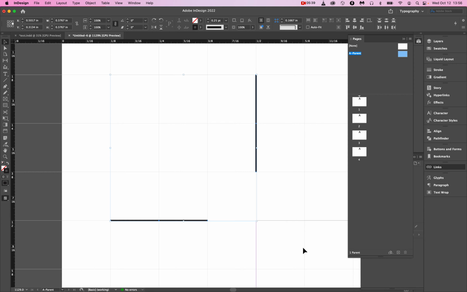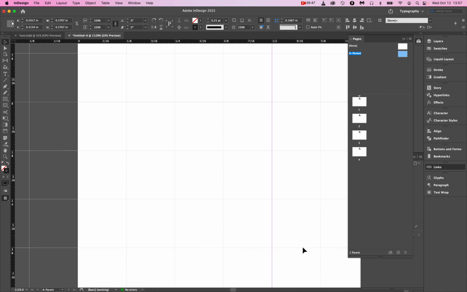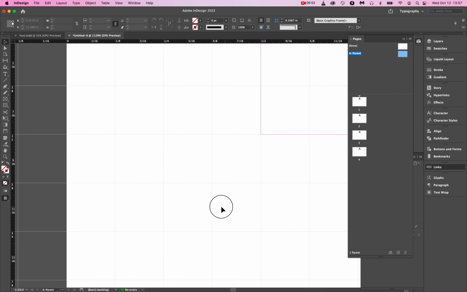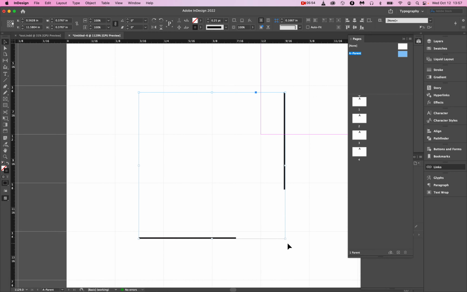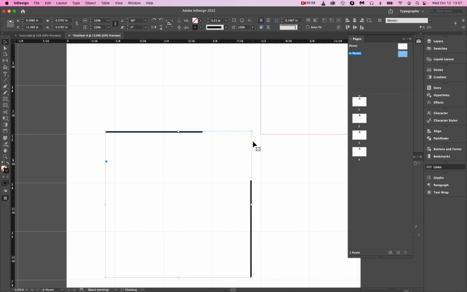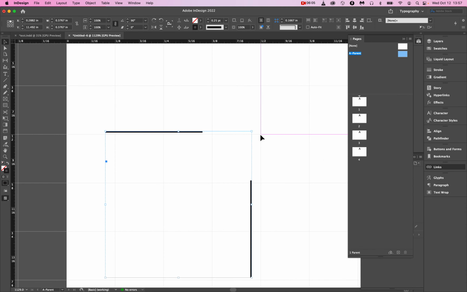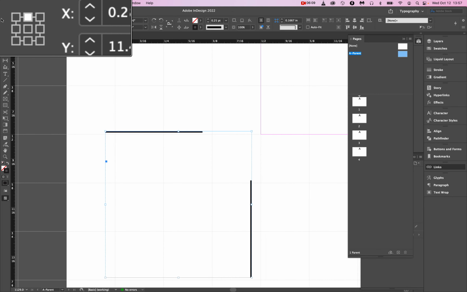And I'm going to select these and group them, Command G, and copy it. And then I'm going to go down to the bottom here. Command or Control V, paste, rotate. And then I want to position this corner directly onto this corner. So again, I'm going to use these tools, but first I'm going to tell it to